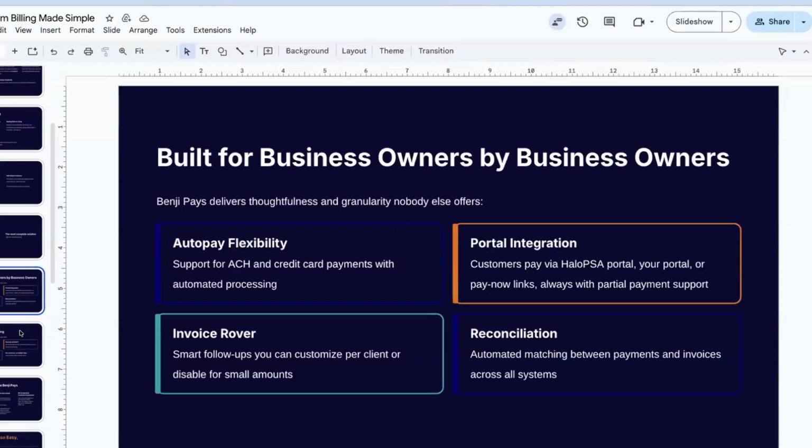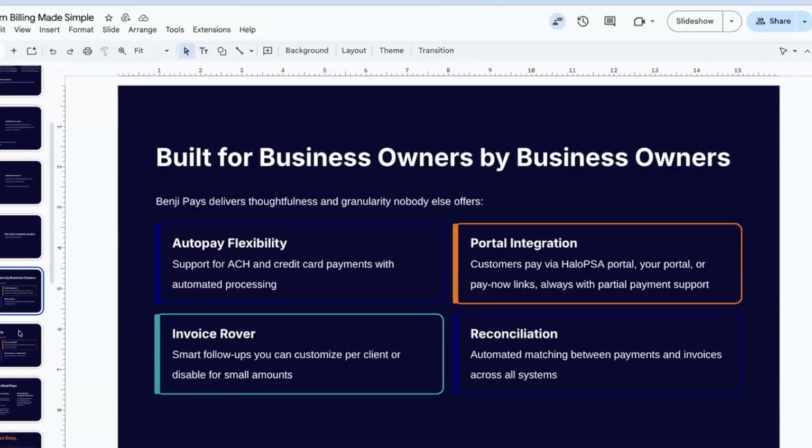So, built, like I mentioned, by business owners for business owners, you're going to get a bunch of things. We already mentioned autopay, with a ton of flexibility in there. You can get paid by bank payments, so ACH, and credit cards, all throughout North America, and actually other countries as well through some of our gateway partners. You're going to have a full customer portal, as Avery showed you.